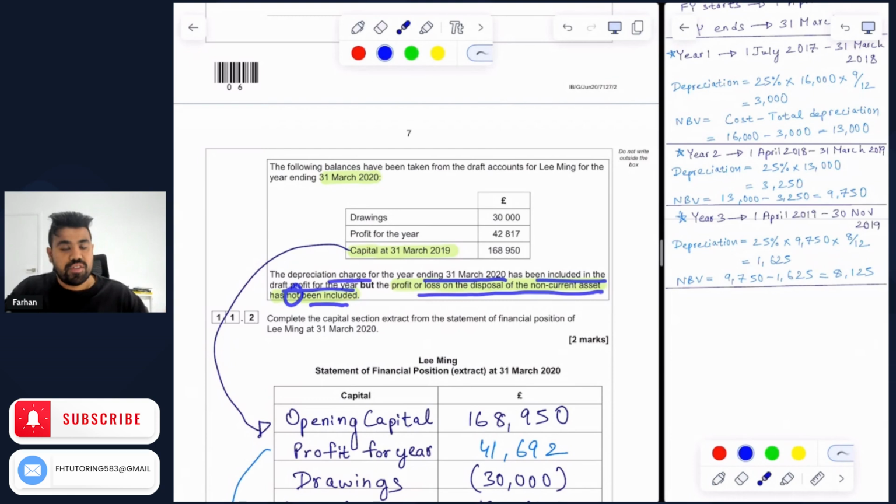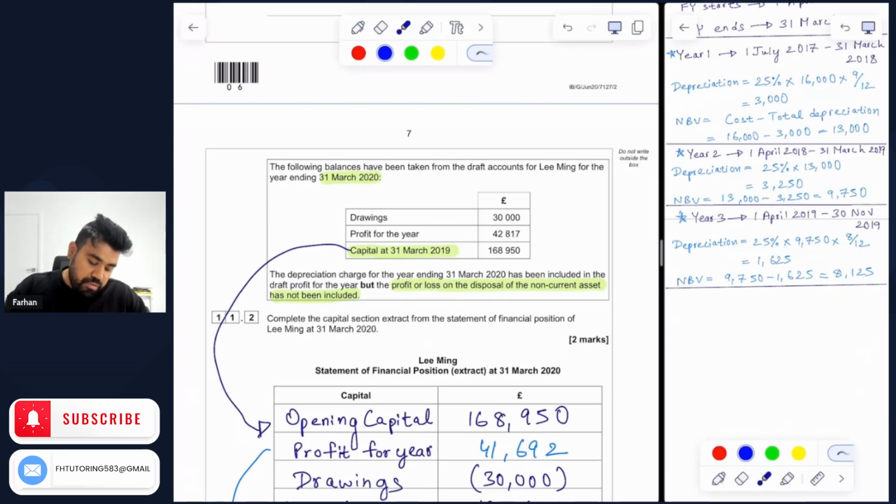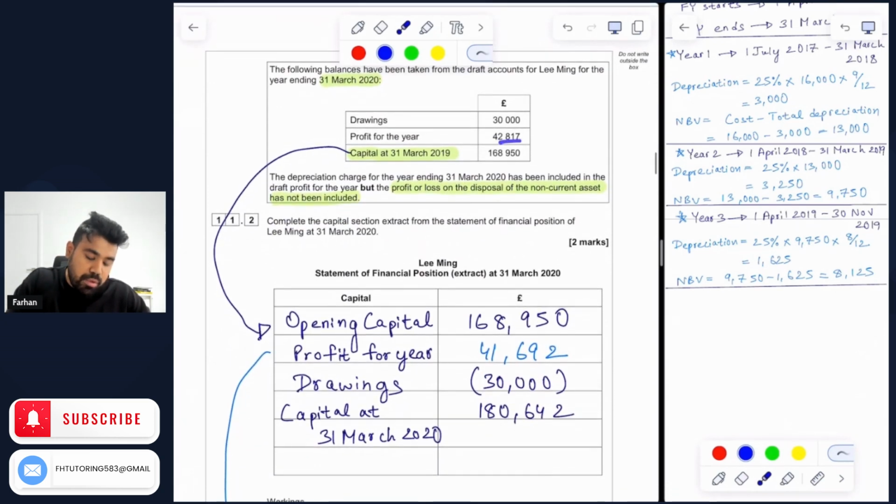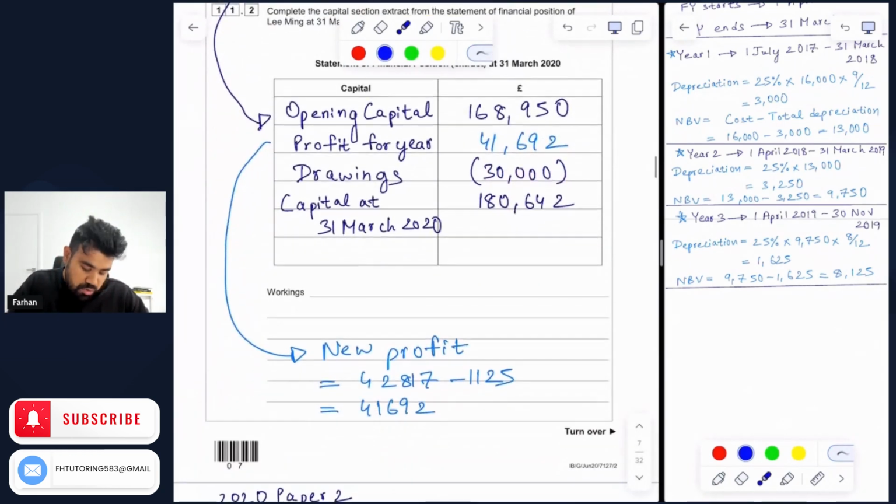So we already understand that we have made a loss on disposal of £1,125. So if you make a loss on disposal, what's going to happen? The expenses are going to go up. And if the expenses go up, then the profit should go down. So therefore, the draft profit that we have been provided here in the tables of £42,817 would now need to be reduced by £1,125 because of the loss, which increases the expenses of the business. So the revised profit is going to be less at